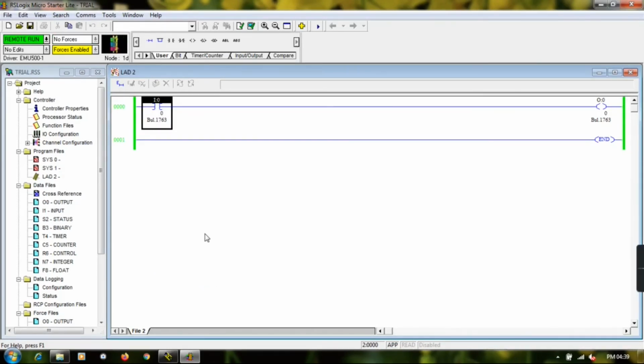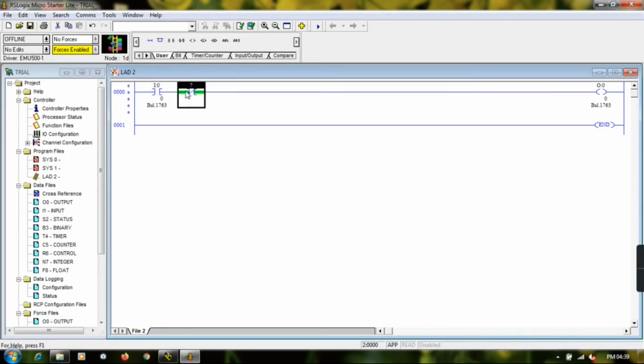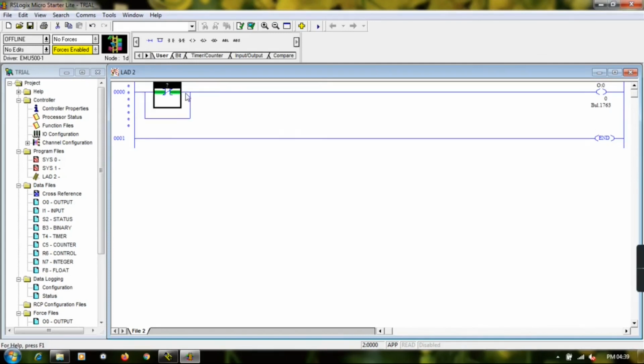Now one thing you have to remember is that if the program is in run mode, you cannot edit this program. If you want to add any instruction or edit the program, first you have to press this arrow and then go online. Now you can add instructions or remove instructions, or add a branch, and whatever editing I want to perform, I can do it now. I hope you got an idea about how to use these two software for writing ladder program language.